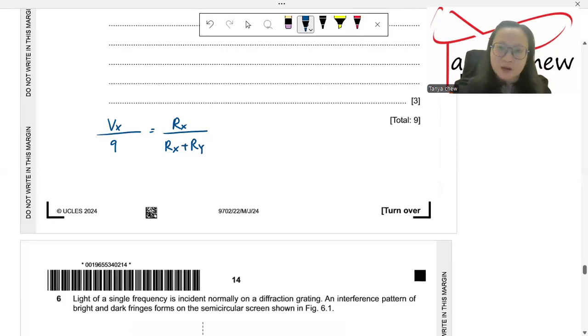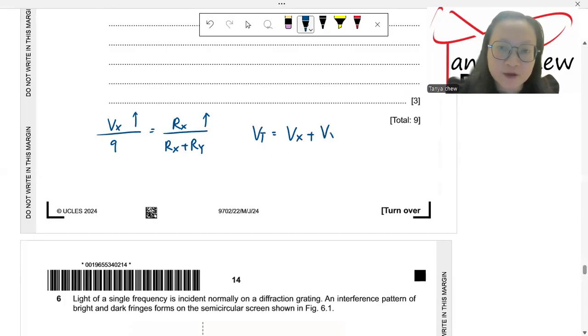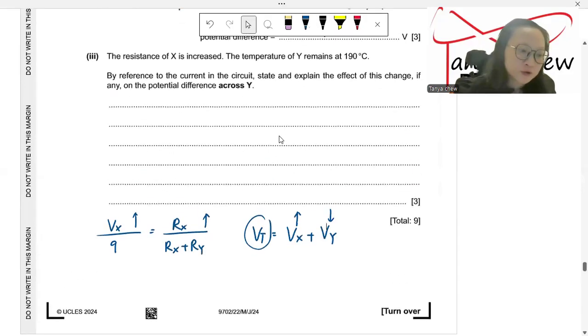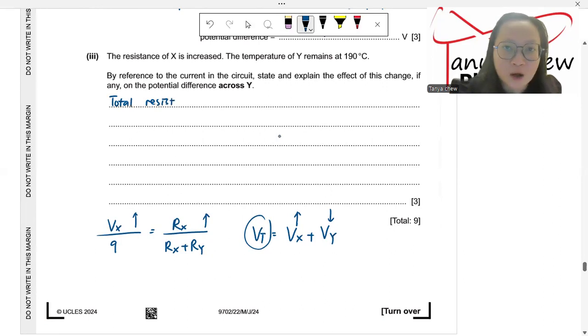Could you see that? Now, the resistance of X is increasing. That makes the potential difference across X have to increase. But the total potential difference, or the EMF, is equal to Vx plus Vy. Vx is increasing, but V total, which is 9 volt, is constant. That is why Vy must decrease. This seems to be an easier way to explain. Right? So I'm going to write down the total resistance. I don't want to use the total resistance. I don't want to use Ohm's law to explain. I would say that